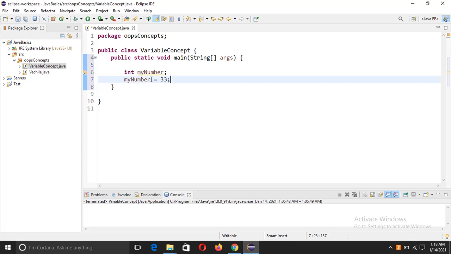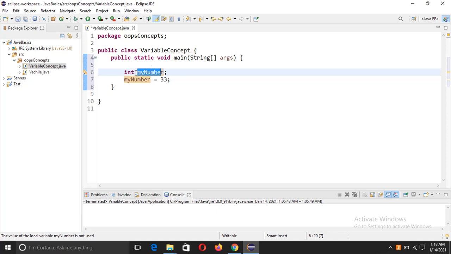Now I am storing this 33 value in this my number variable of int type. The int type is basically an integer type, using which you can store whole numbers. If you want to store some integer numbers in your application, you can use int.